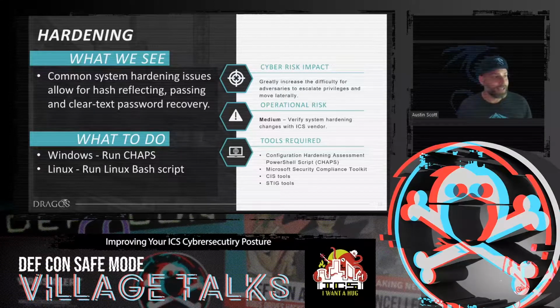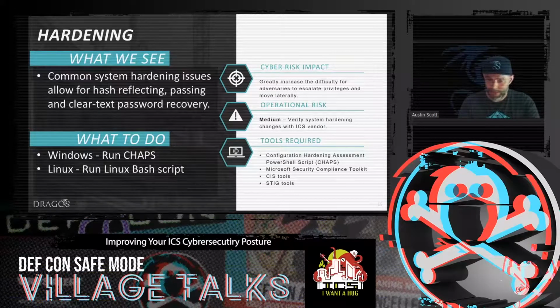Because what we find is if you don't ask the vendors or the system integrators to do these things, it just doesn't happen. If you don't set that standard or make that request, they're not going to do it. So it's very important to be clear that you want the systems hardened. It needs to be part of their commissioning plan, part of their site acceptance testing or factory acceptance testing checklist, that these hardening features are turned on